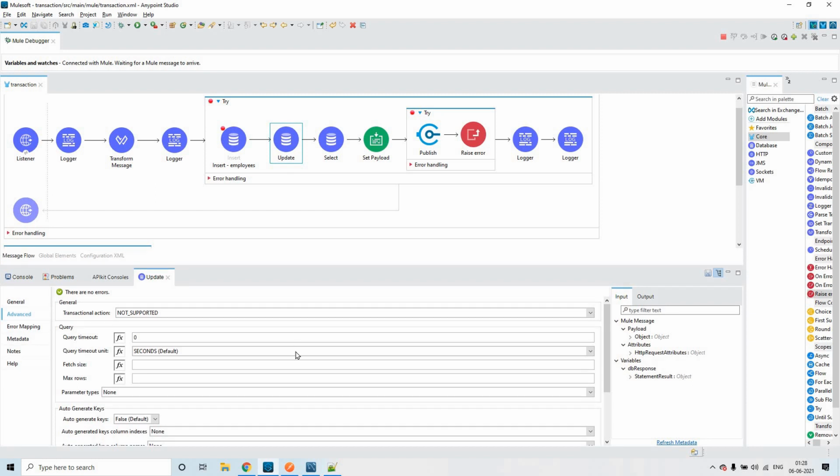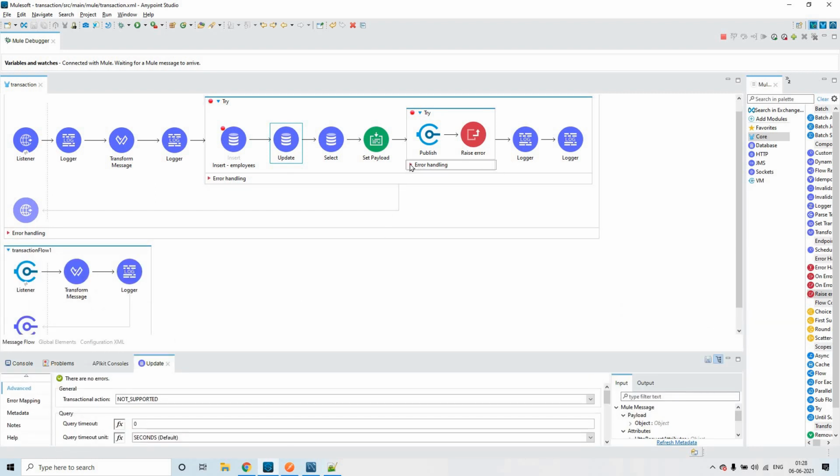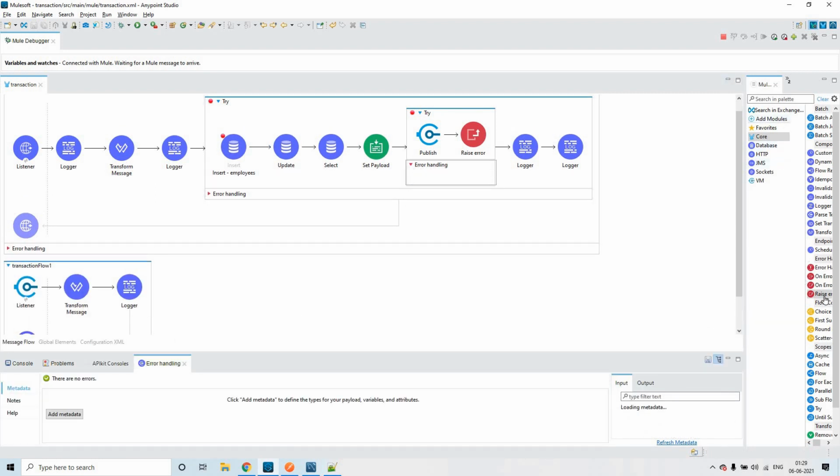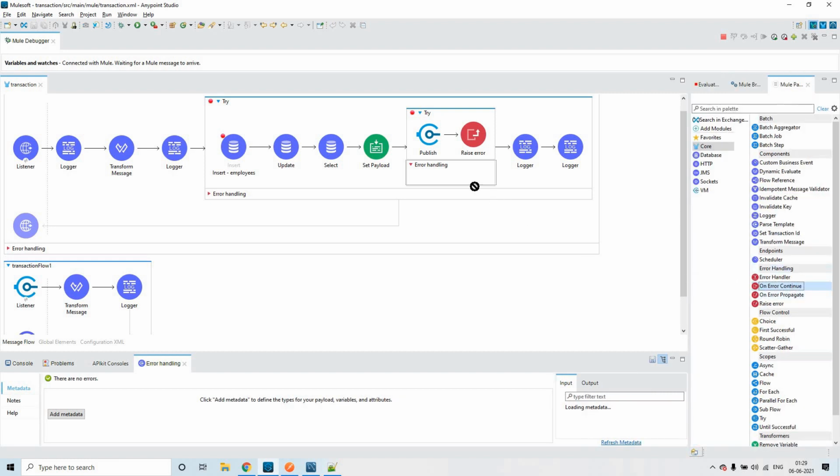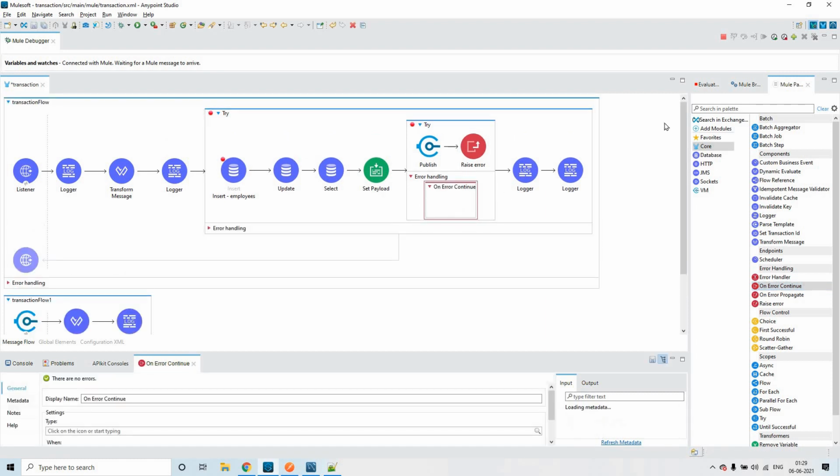That is one thing. And in order to skip these errors, we can have on error continue, right? This we all know. Whoever has a basic understanding of error handling can do this.